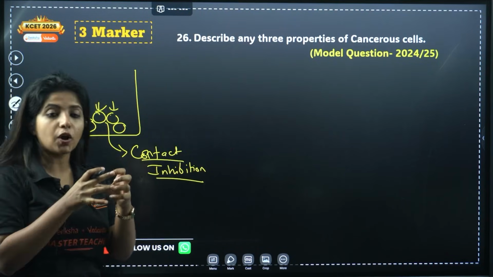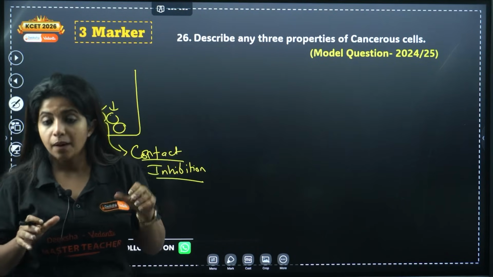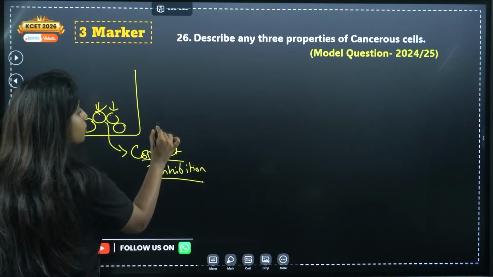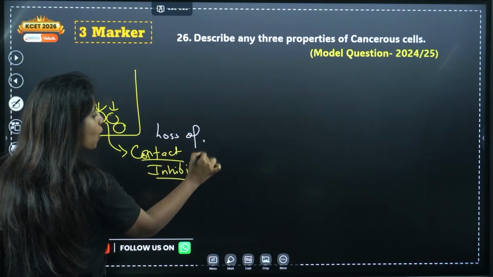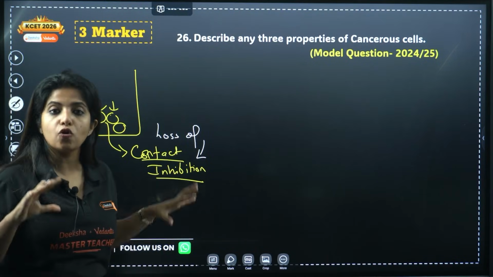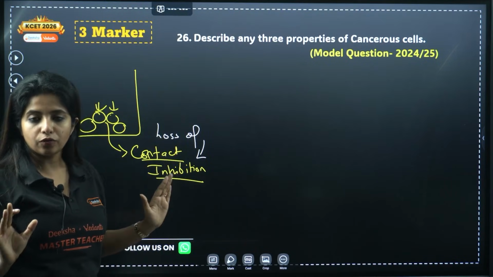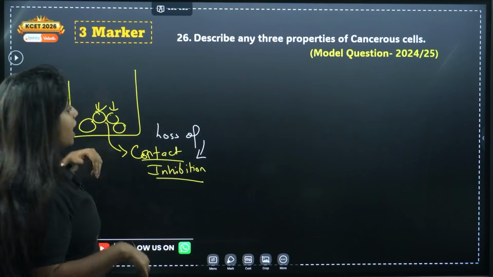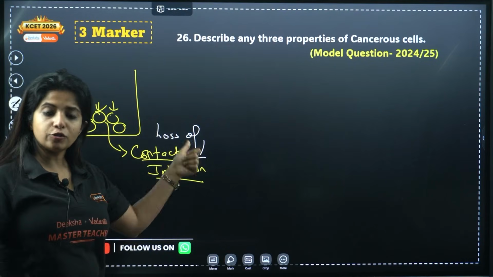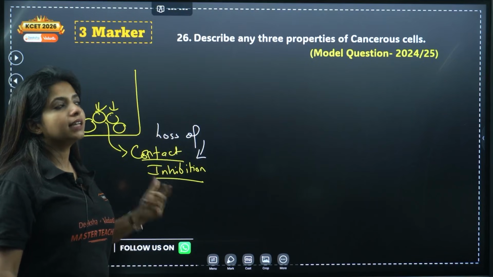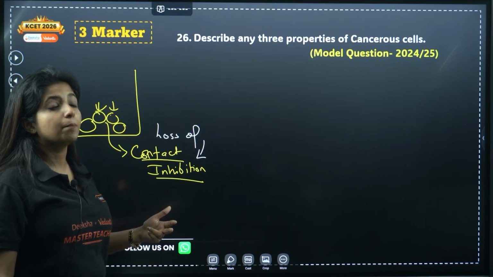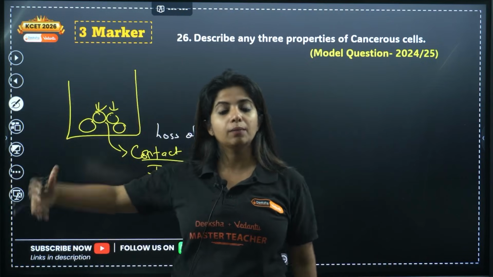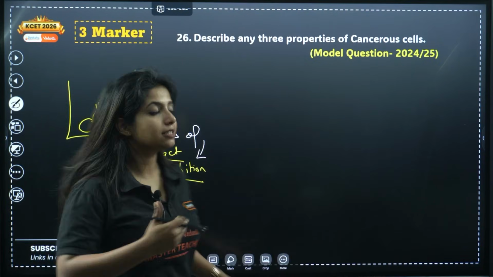That means when they come in contact, the growth is inhibited. But in the case of cancerous cells, they have lost this property. So loss of contact inhibition is there. There is no contact inhibition happening over here. Always remember. And apart from that, uncontrolled growth, loss of contact inhibition, and the next thing is what? Metastasis. So from one place they will move on to the next place and they will keep on dividing. This is known as metastasis.